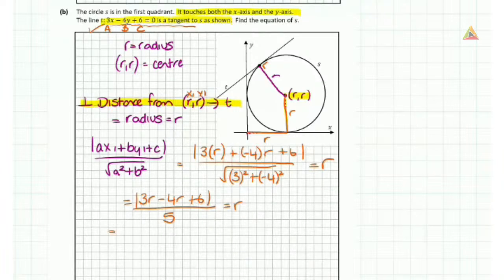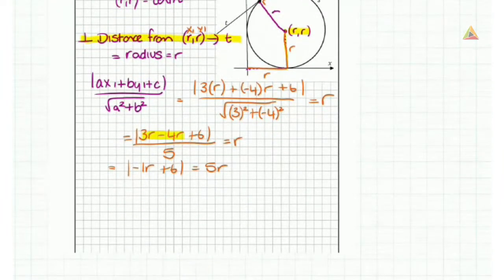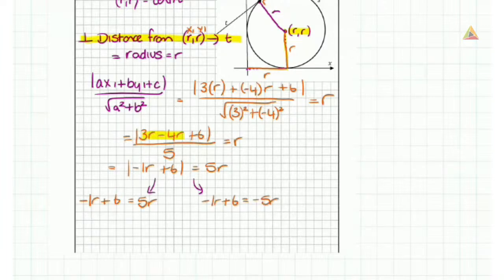So simplifying in the absolute value, I get the absolute value of minus 1r plus 6, coming from putting these two together, is equal to 5r. So I've just moved the 5 across and multiplied it by the r at the right hand side. So from our algebra, we know that when we have a situation like this with absolute value signs, what's inside that absolute value, so that minus 1r plus 6, could either be equal to 5r, or, so notice I've dropped my absolute value signs at this stage, it also could have been equal to minus 5r,